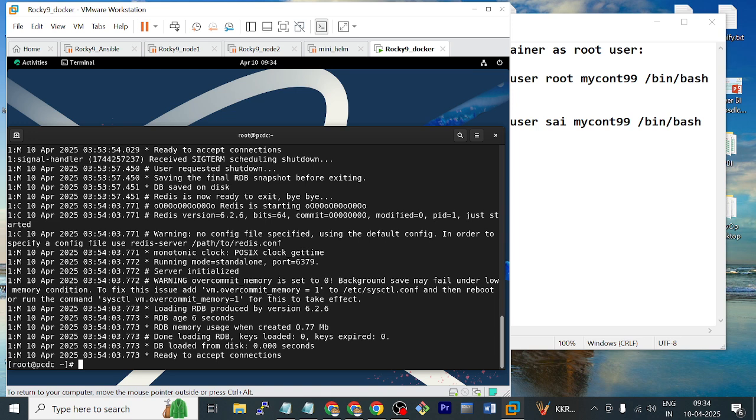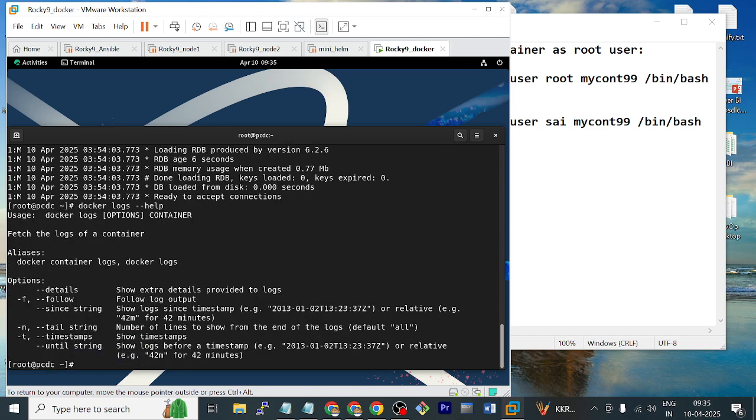Same you can check with docker logs also. With the -f option, it shows the same as the tail command. That is, the container is running, someone is accessing it, so some log is being generated. So when you use docker logs -f with that container name or ID, dynamically it is going to